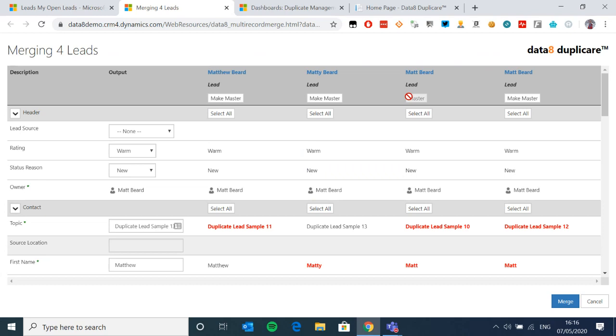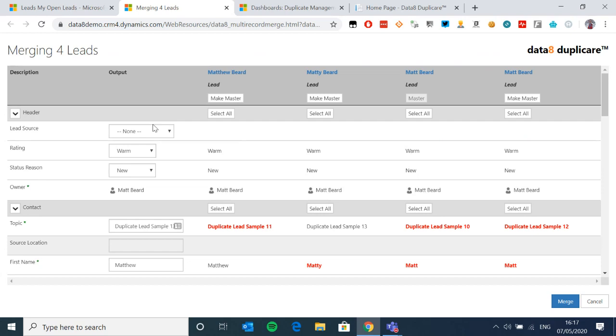We have the 4 columns here, which are the 4 records I've selected, but now there is a 5th column. So this is what your record looks like at the end, when you were to commit this to your database or CDS or whatever words we're using nowadays. And what you can do in this system is you can have rules for every single field. You have an unlimited amount of rules for as many fields as you want, so you can really start piecing together your data and making it make sense.